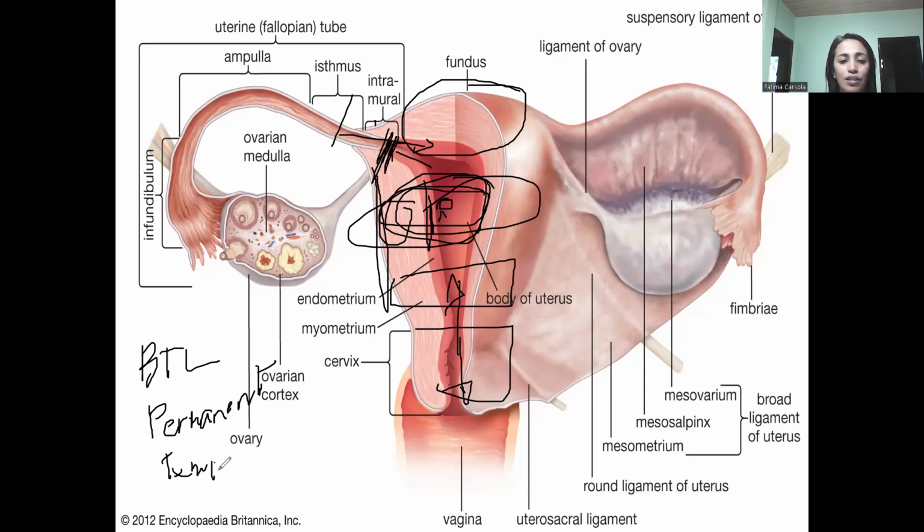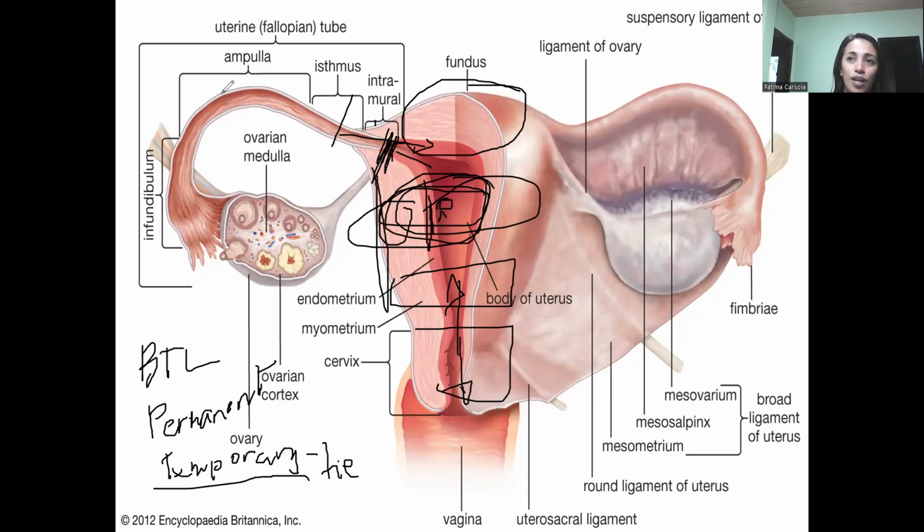And then we have the temporary. Why would this mother have the option of the temporary BTL? Because they could not possibly use other family planning methods because of comorbid conditions that might not allow them to have those. What is our problem with the temporary BTL? Take note that the fallopian tube is moving. When it moves, there is a possibility that the tie they put in here will loosen up. So this is the temporary BTL versus the permanent BTL. The isthmus is the area of the fallopian tube where BTL is done.